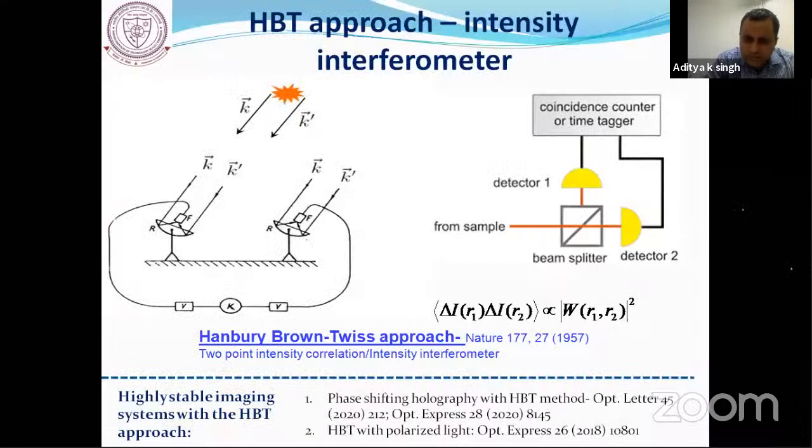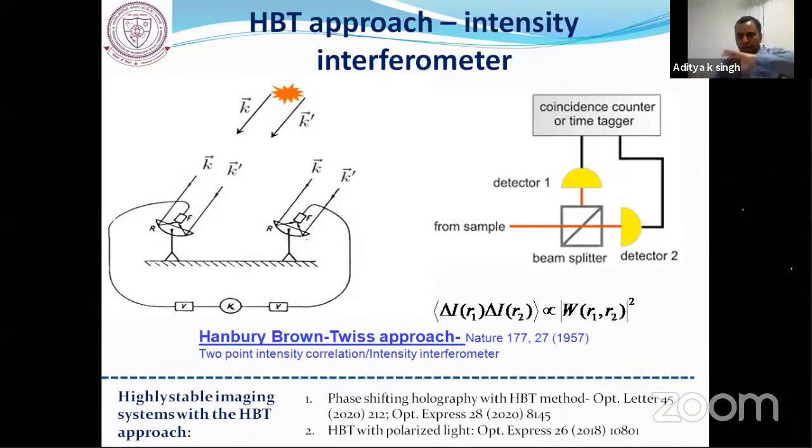It is this year's Optics Express paper. In this paper, the advantage of the Hanbury-Brown-Twiss or ensemble averaging based approach is that, when we talk about imaging through turbulence or random media, people usually try to use adaptive optics. They try to measure the scattering and then compensate it. And if you miss a few such scatterings, your result will deteriorate. But here we are not worried about measuring each and every one. We are doing the ensemble average.